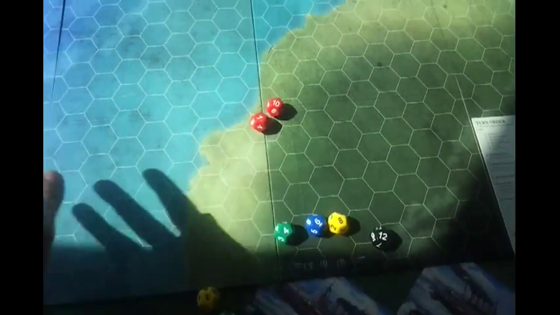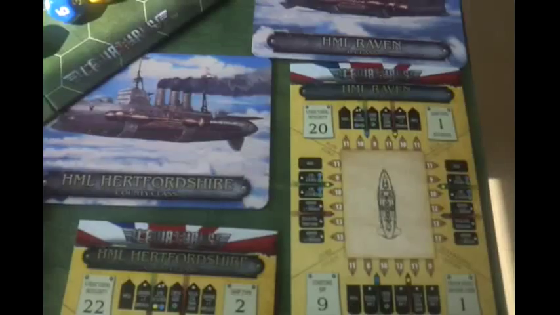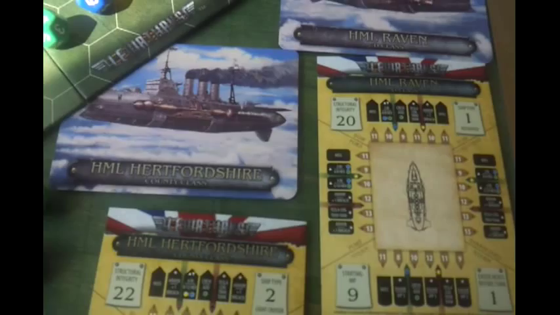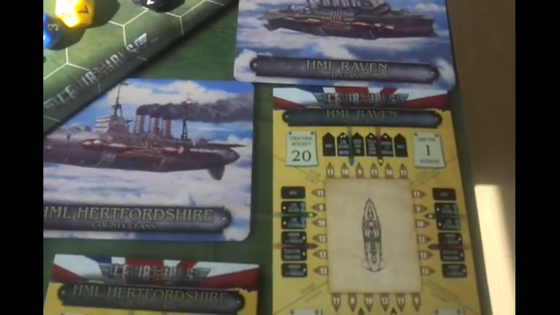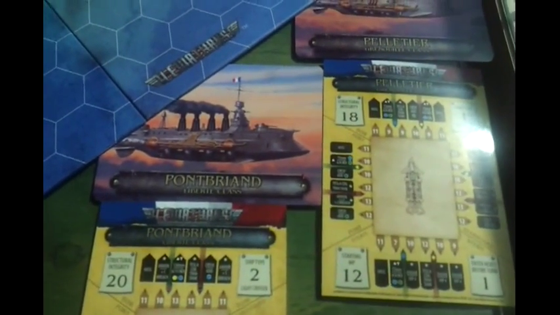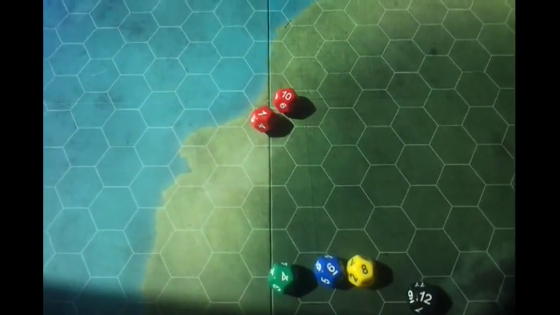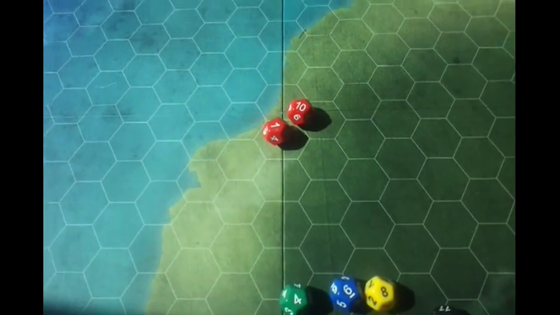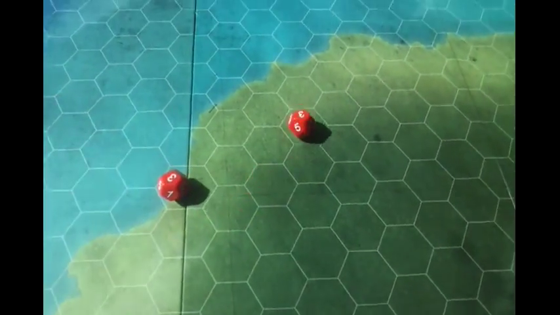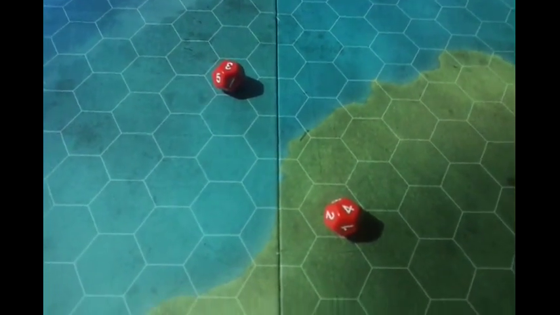To start, both sides roll initiative using 2D red. The English ships in this scenario are the HML Hertfordshire and the HML Raven. For the French, the Pontbriand and the Pelletier. So the opposing players roll off on 2D red, and the highest initiative score wins for that turn. So for the English, we would have a 6, and for the French, we would have a 7, meaning the